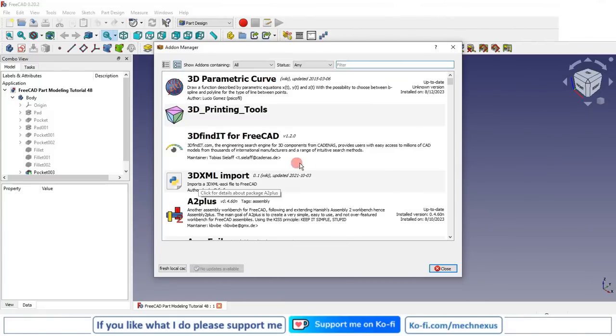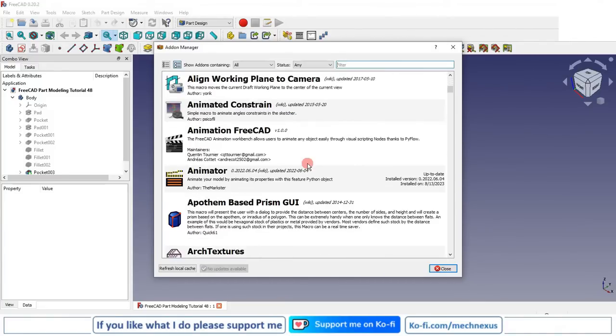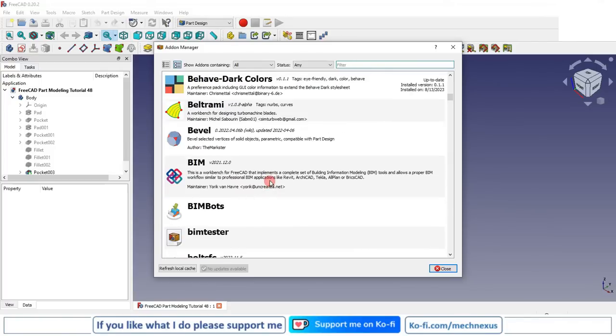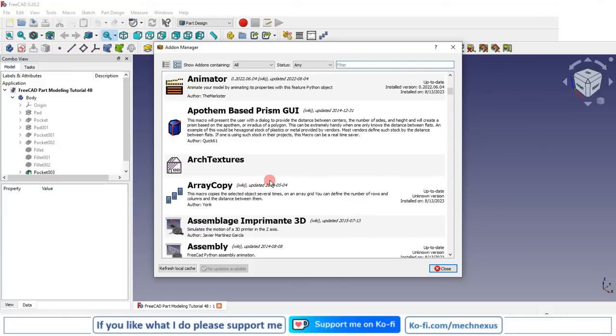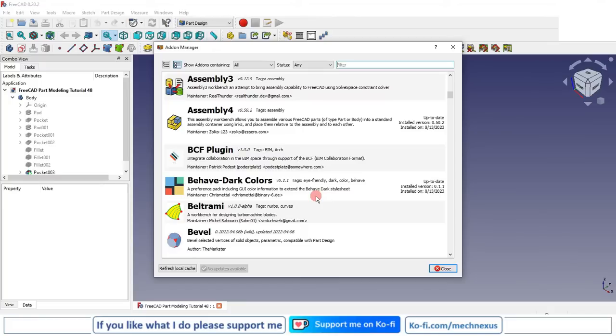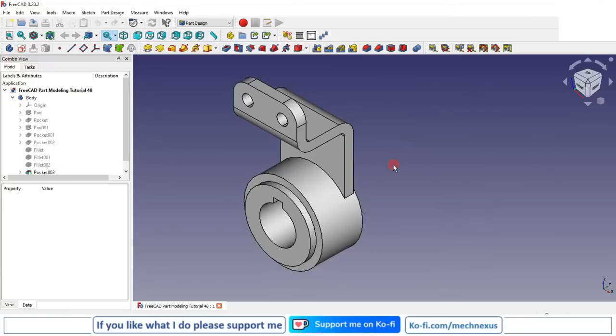many macros or workbenches which are developed by independent developers, we can see here the email IDs. So most of the macros work and most of the macros do not work. So it is better to remove the unused macros from FreeCAD so that it will not slow down the performance